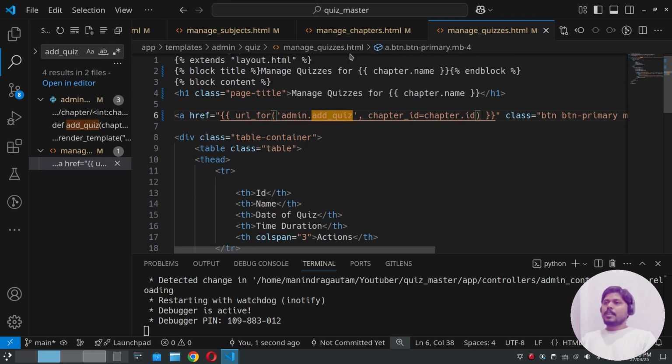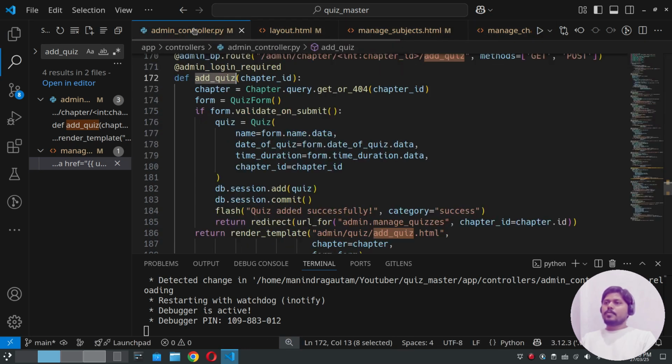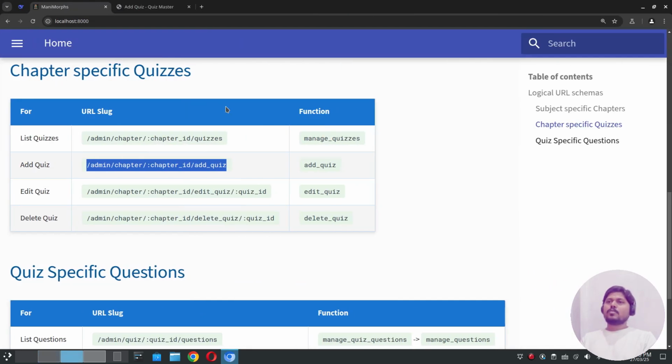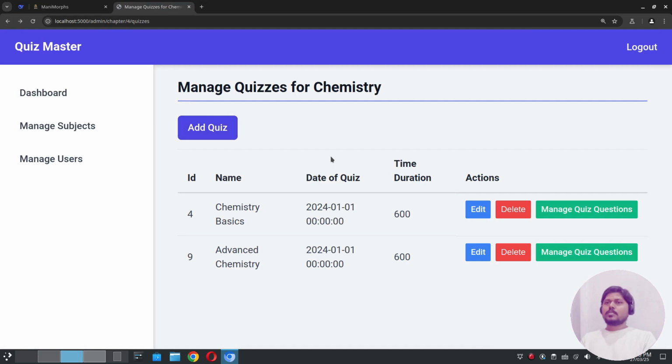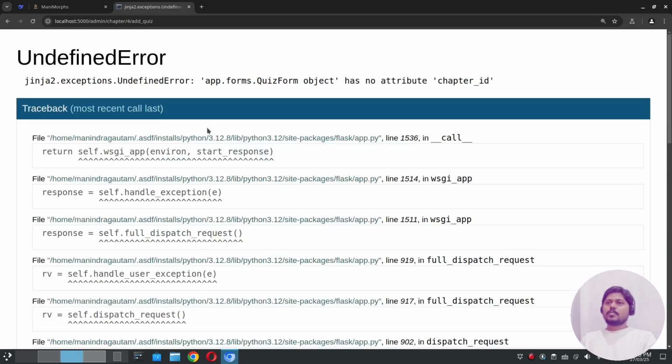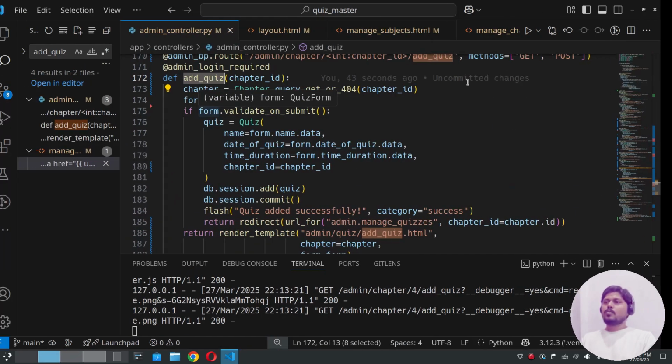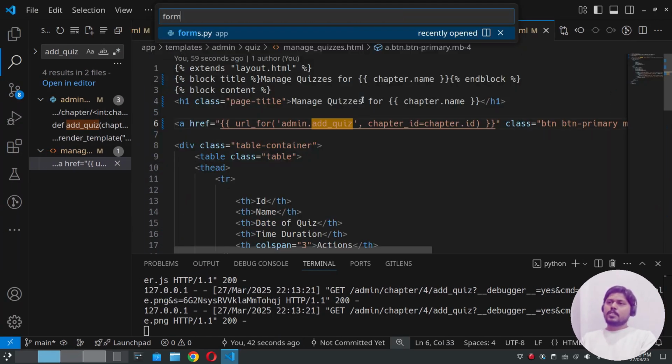Yeah, that's it. And now if we go back and reload it and click on the add quiz again, okay, we are getting an error: has no attribute chapter ID. Why? Why is it giving an error? Because